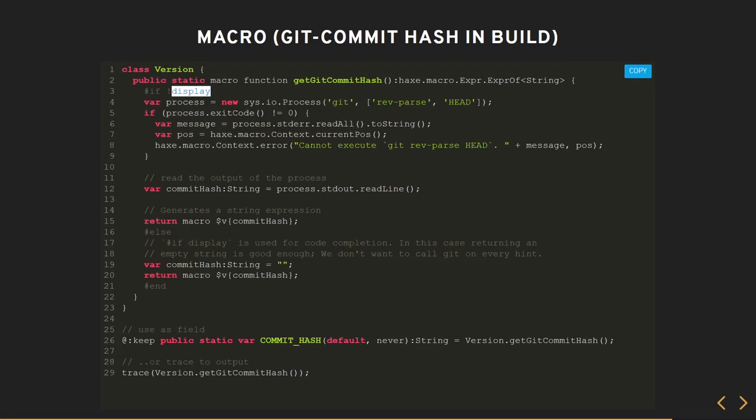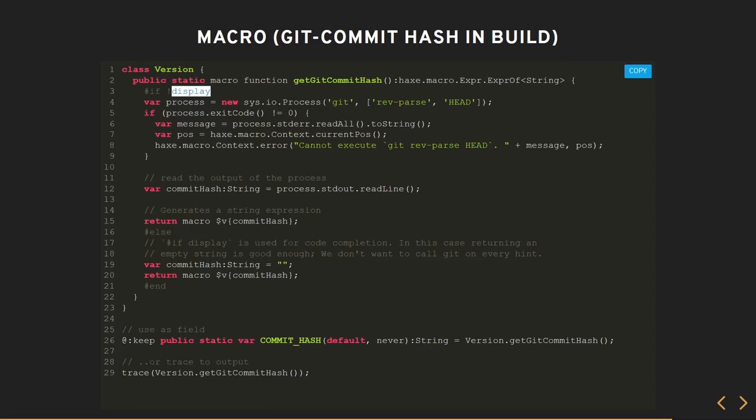So what we're going to do is spawn a new process, and it's going to do a system call. Well, not exactly a system call, but it'll forward this to the console on the system. So it's going to run git and these parameters to git.